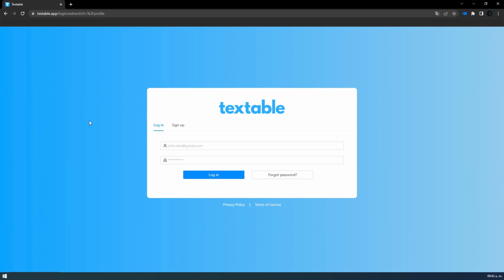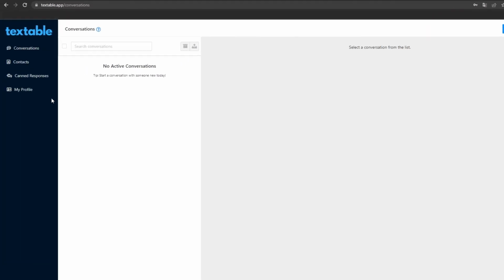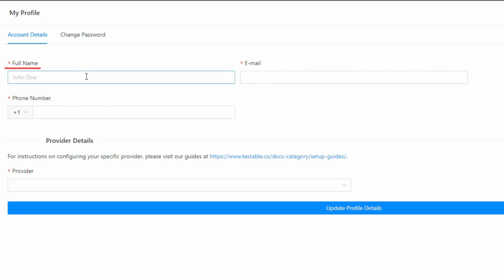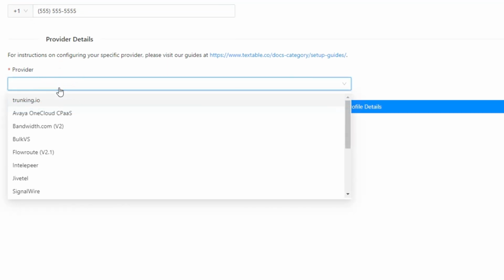Now, it's time to visit the Textable.app to finish configuring the integration. Into the My Profile section, you will need to complete your data. Add your name, your email address, and the phone number you want to use. Then, in the Provider Details segment, click on the drop-down menu to display the list of options and select VoIP.ms